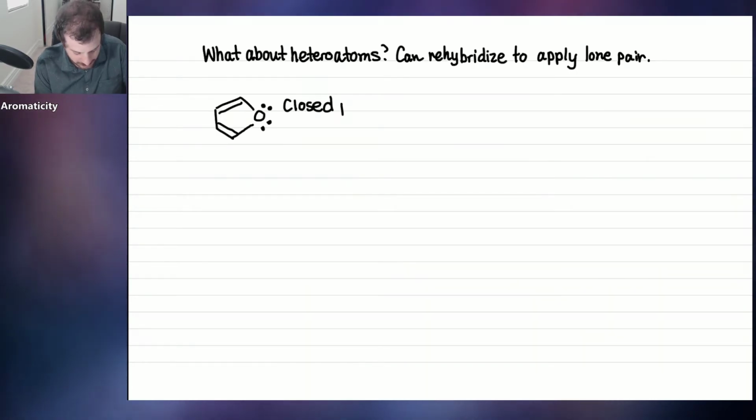And the first thing is a closed p orbital loop. Do we have a closed loop of p orbitals? Well, looking at this diagram, we have an oxygen here that looks to be sp3 hybridized. Remember, if we count up the steric number, there's 1, 2, 3, 4. The steric number is 4, so it should be sp3 hybridized. But we have a lone pair next to a pi bond. There's a possibility for resonance, so if it participates in resonance, it will be sp2, which means we will have a closed p orbital loop. But if it's not going to participate in resonance, then we won't have a closed p orbital loop. So we'll just say maybe.